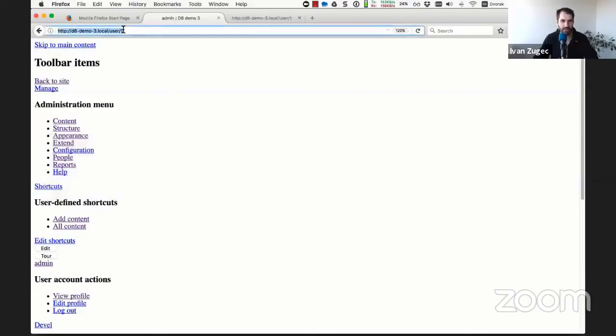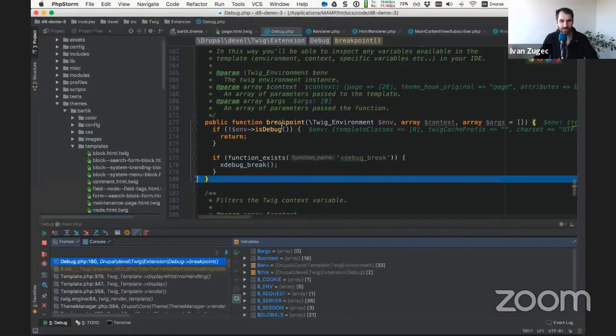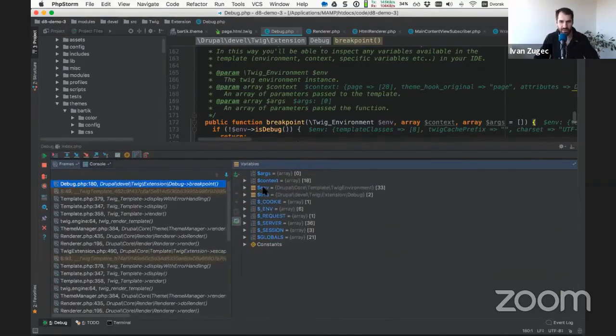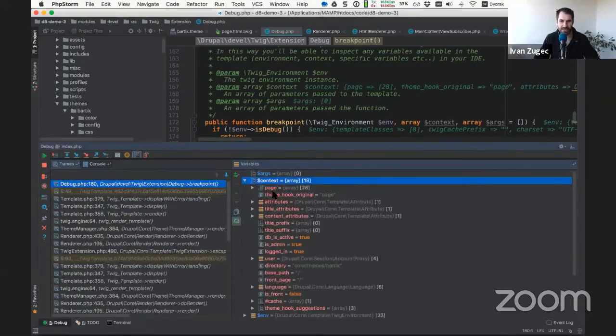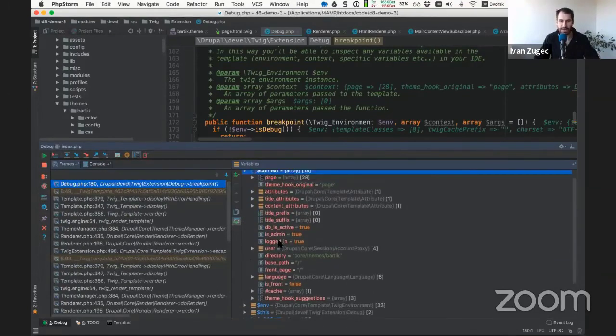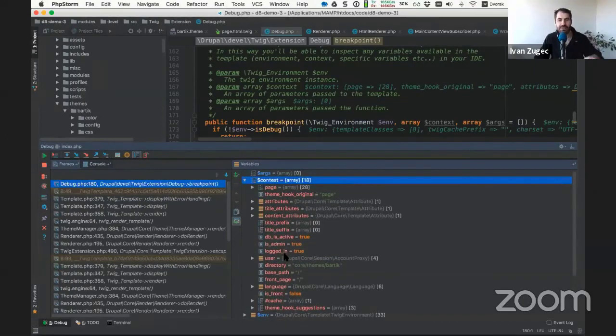And then if you load up, now don't worry about this looking broken, that's because it was terminated. If we load it up, you'll see that it goes directly to this function, this Twig extension. But the thing that we really want is context. So this is all of the variables that are available in that Twig template. Now, as I mentioned, you can't step through Twig templates like you can with PHP because it's Twig, it's not PHP. But you can have a look and see all the available variables just by popping in that